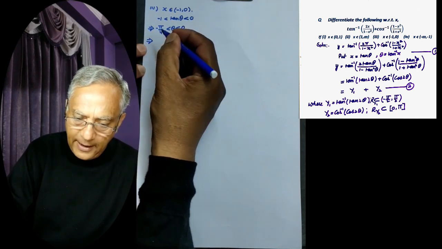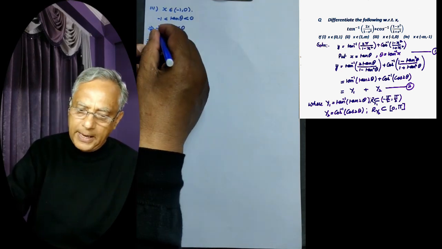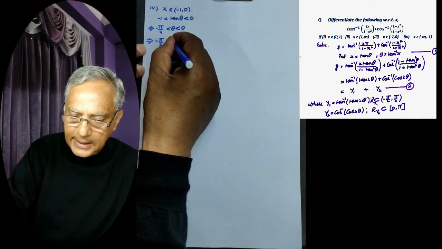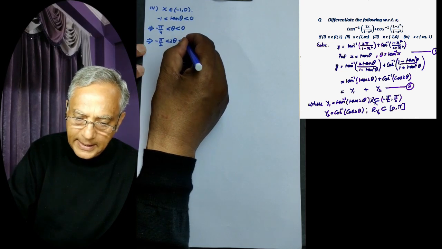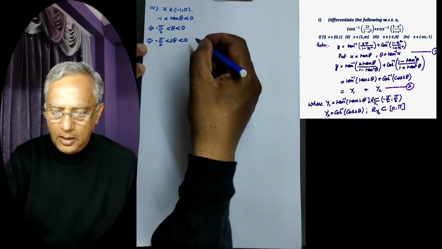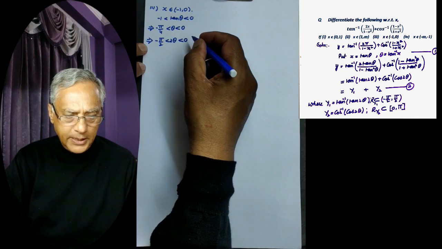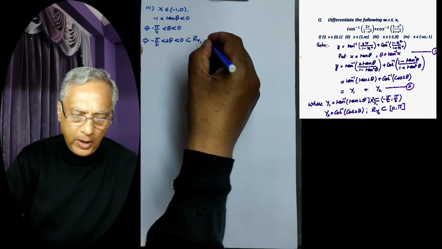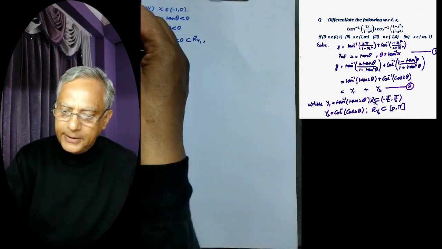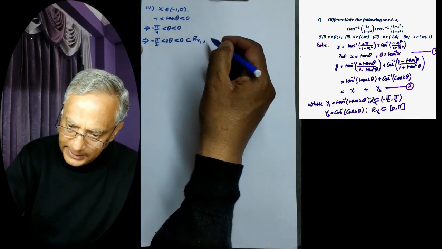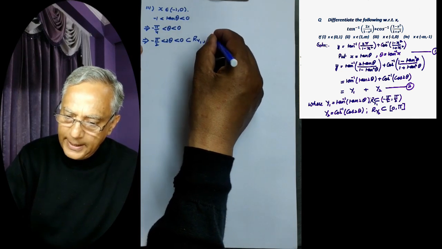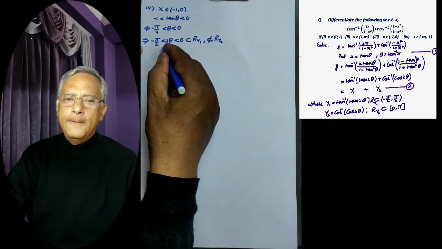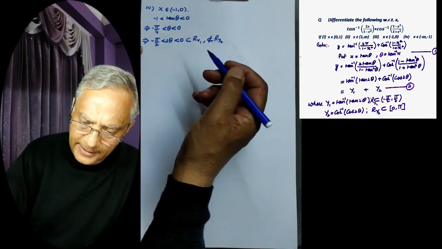And since we have 2 theta as the angle, we multiply this by 2. So this will be minus pi by 2 is less than 2 theta is less than 0. Now the range of y1 was minus pi by 2 to pi by 2, and the range of y2 is 0 to pi. So this is not within the range of y2, which is 0 to pi. This is not a subset of 0 to pi. So we can write, therefore,